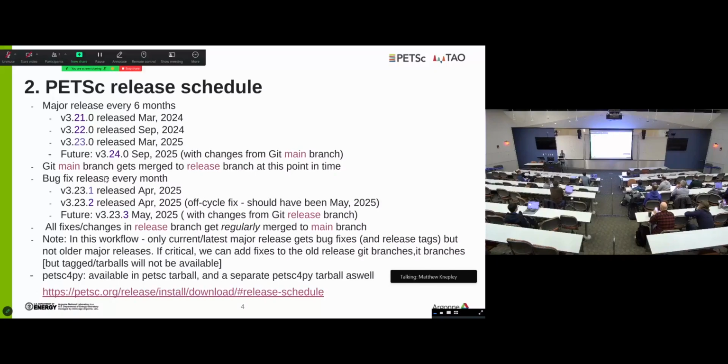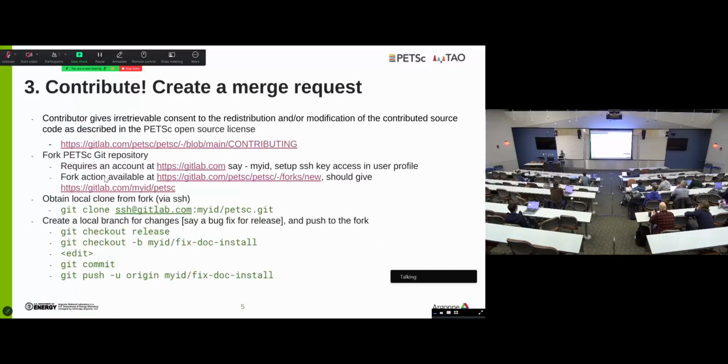Okay. So with that organization we have, contributing to PETSc has a workflow that is guided by the two branch model and the release model we have, and we encourage everyone to make a contribution. A lot of these processes are documented on the website. But just to briefly go through that